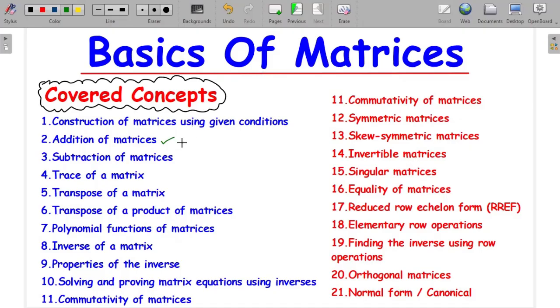We also look at the addition of matrices, subtraction of matrices, the trace of a matrix, the transpose of a matrix. On the transpose, you have to pay attention to the transpose of a product of matrices. We'll also look at the polynomial functions of matrices. How can you write a polynomial in terms of the matrices? Look at the inverse, the properties of the inverse, and then solving and proving matrix equations using the